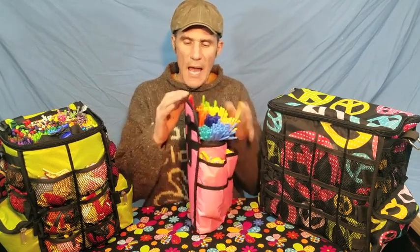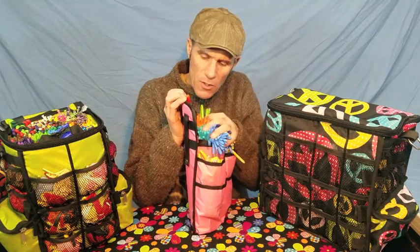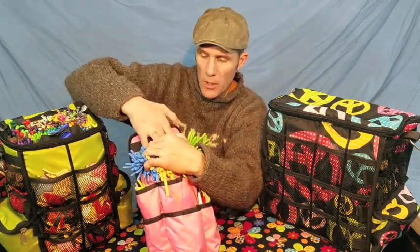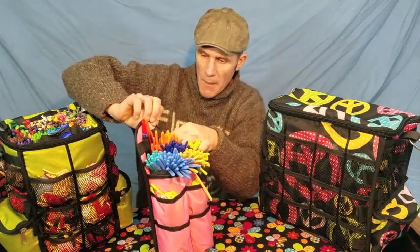One of the things we did add is some elastic loops and a pocket in the back for Sharpie markers. On the elastic loops, I left those kind of big, so they're not just for one Sharpie marker. They can be for a few Sharpie markers, or if you have one of the paint markers,